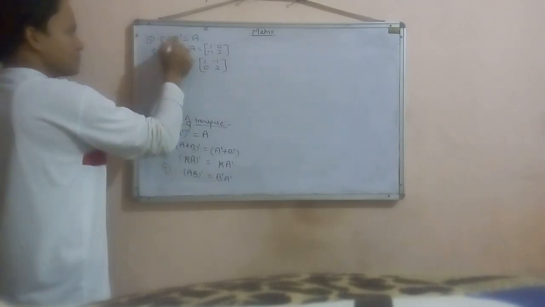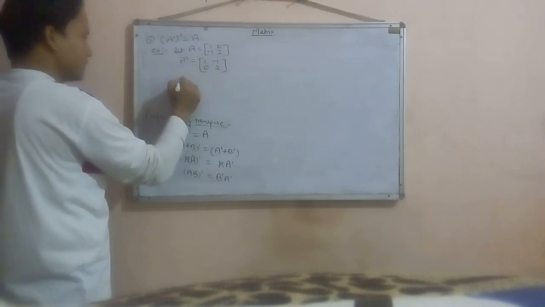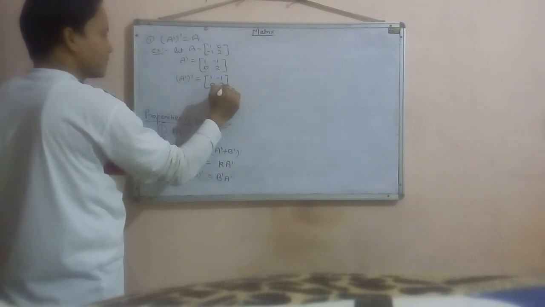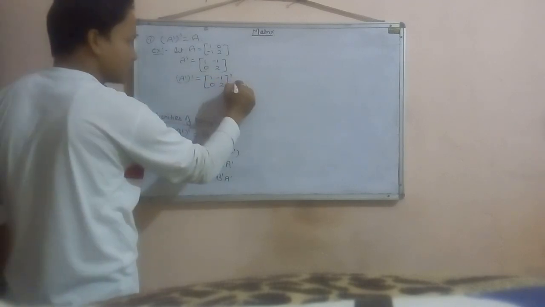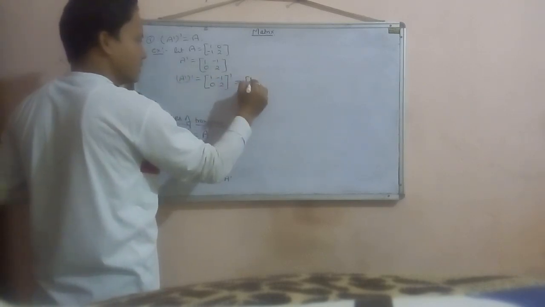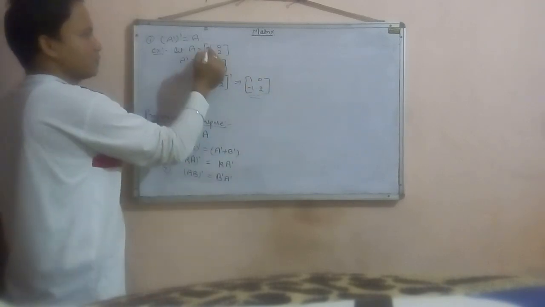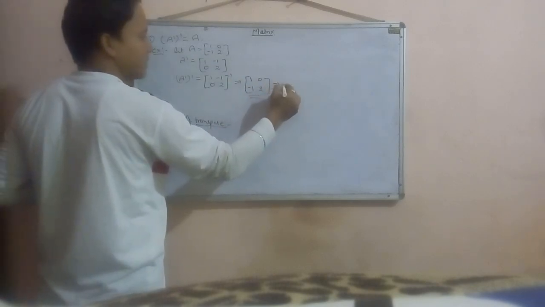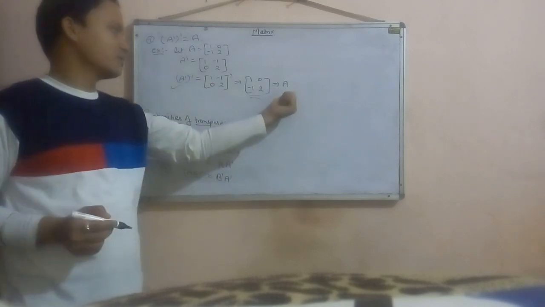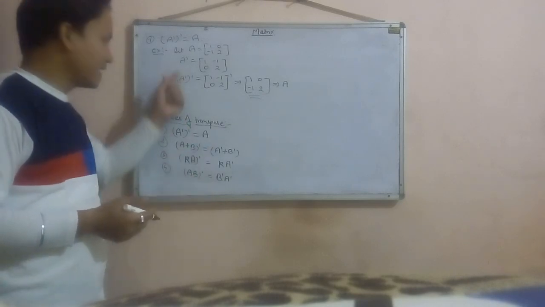But we need A transpose whole transpose. So again doing the transpose both sides. A transpose whole transpose equal to 1 minus 1 0 2 transpose. So what will be the transpose of this matrix? The row becomes changed into column. So 1 minus 1 0 and 2. So let us check: 1 0 minus 1 2, 1 0 minus 1 2. This is the matrix A. So we have shown that A transpose whole transpose always be equal to A. So easily we can also prove all these properties with the help of examples.